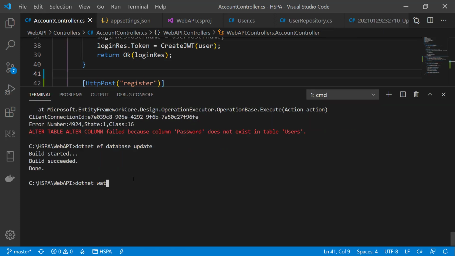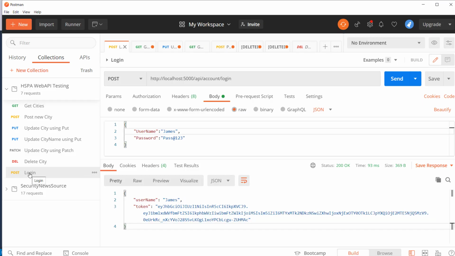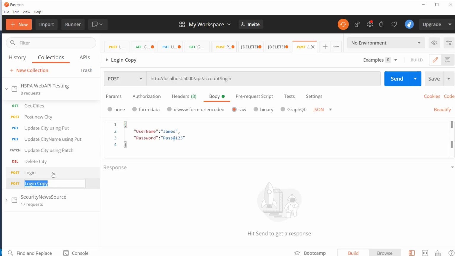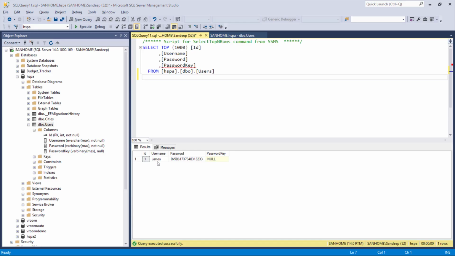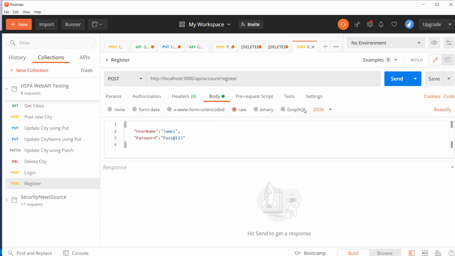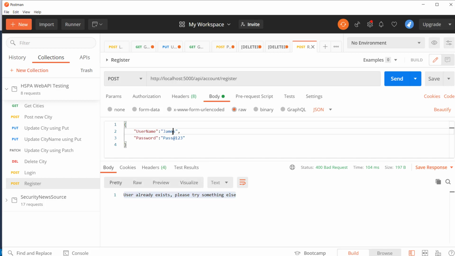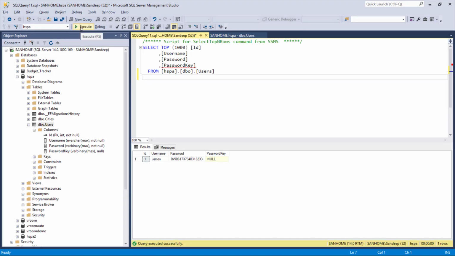Let's test it. So copy this login method and make the required changes to run our newly added register endpoint, and change it to register here in the URL. So this user already exists in our database, and if we try to register this user, it should throw a bad request error. Perfect, we are getting this error, user already exists. Let's try to add a different name. Yup, record created successfully, and check the same in the database.